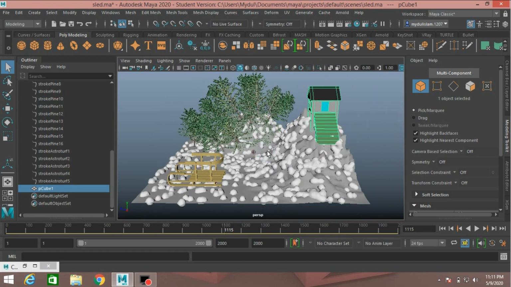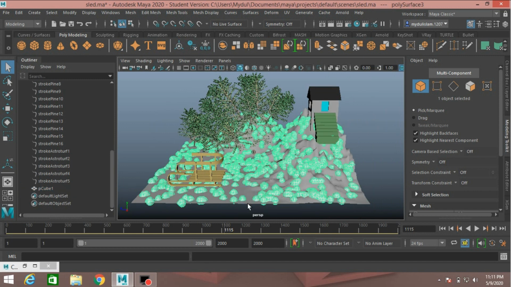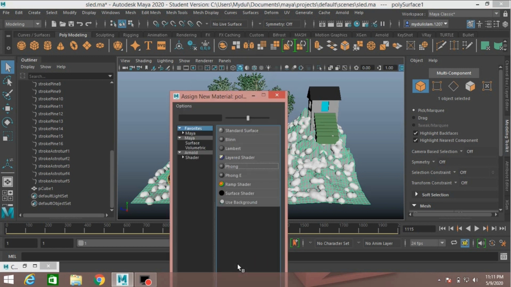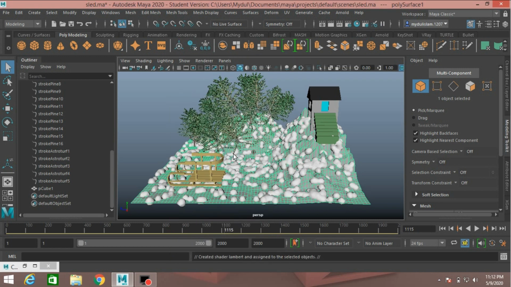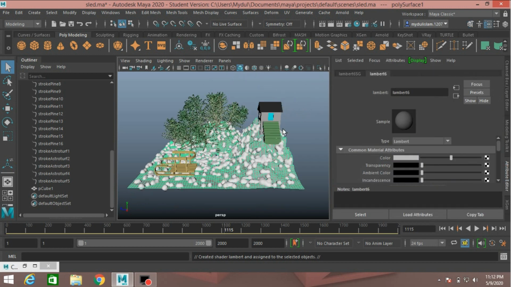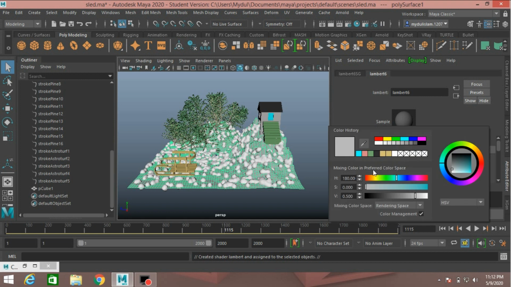Now select the terrain, right click, assign new material, select Lambert, change the Lambert color to which you like.